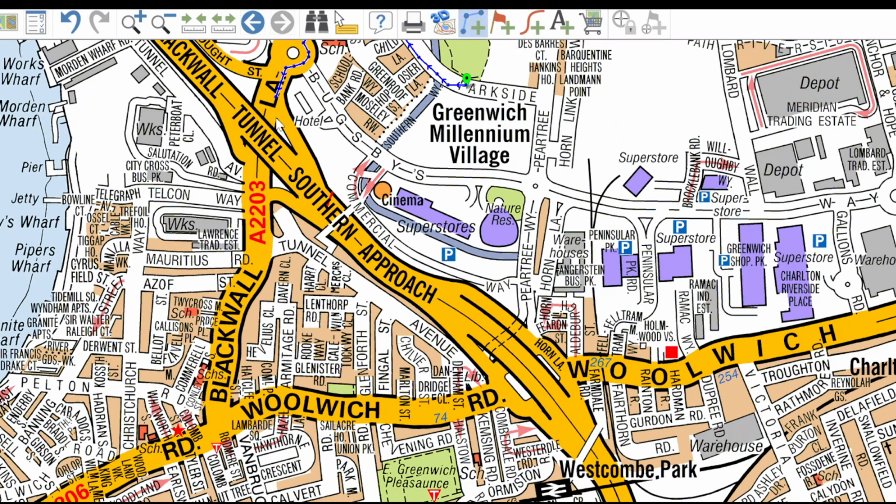I am using this option. If you are moving along this road, simply keep yourself left hand side of the road, and now you will move along this road keeping yourself left hand side of the road. So now you have reached this road. It is very simple and very straightforward. Don't confuse yourself that if you are here, don't simply move and cross this barrier. That will be an illegal maneuver.